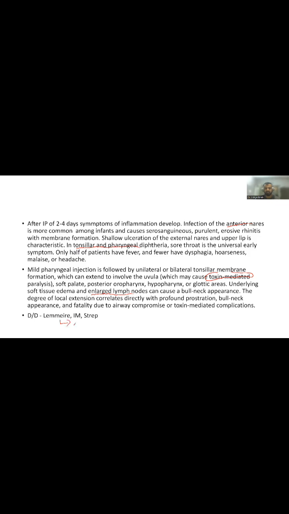What is Lemierre syndrome? It is jugular venous thrombophlebitis, and it causes a swollen neck. There is jugular venous thrombophlebitis, and it is commonly caused by a bacteria known as Fusobacterium necrophorum. The most common cause of Lemierre syndrome is Fusobacterium necrophorum, which causes jugular venous thrombophlebitis, and it causes unilateral swelling